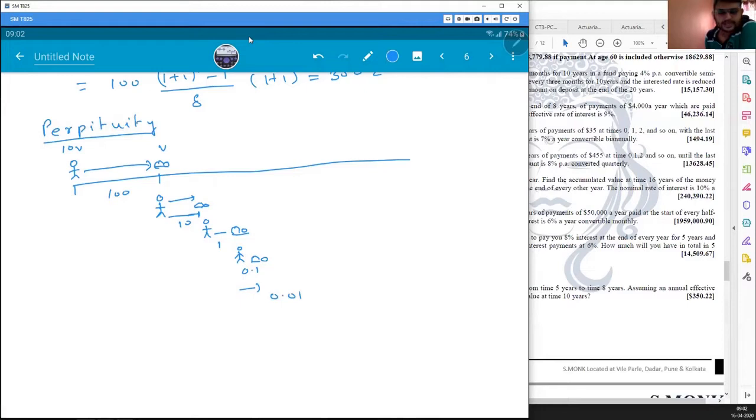So this says that Achilles will never be able to reach the tortoise, or you will say that Achilles will require infinite steps to reach the tortoise and catch it. Okay, because this will go on and go on and go on. I can divide it by 10 times and I will get a smaller and smaller number. So we'll always have a distance between Achilles and the tortoise. But conceptually, we know that Achilles is 10 times faster, so he should be able to catch up to the tortoise and overtake the tortoise very easily. But this says that Achilles will never be able to catch up with the tortoise.